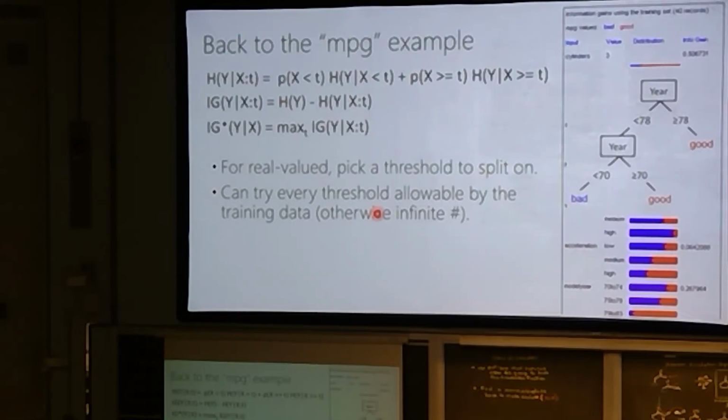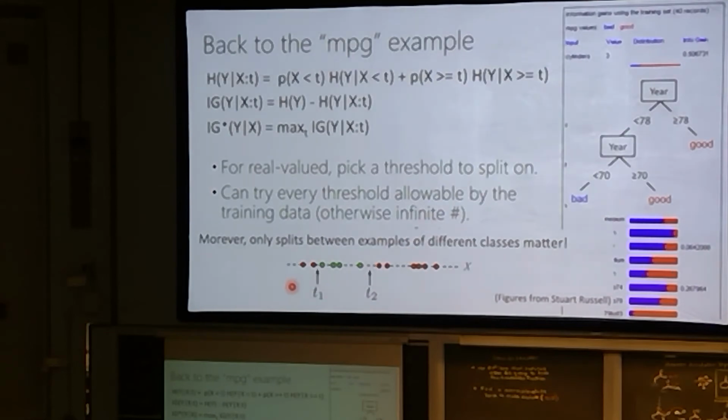Entropy is usually written for discrete variables, and this is just saying how you can generalize it when you're splitting. So instead of asking whether the variable equals a discrete value or not, now it's whether it is less than or equal to t, or greater than t. And note that you can try every possible threshold between all the data points, but you don't even need to try all of those,